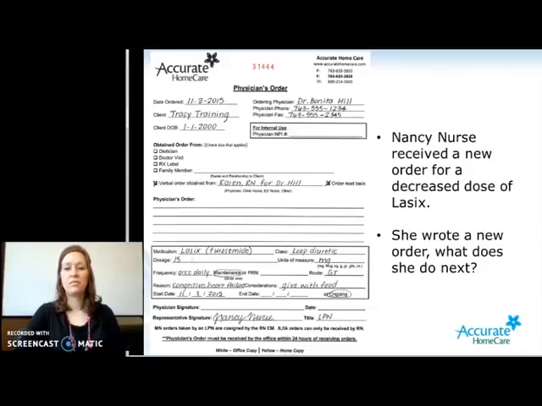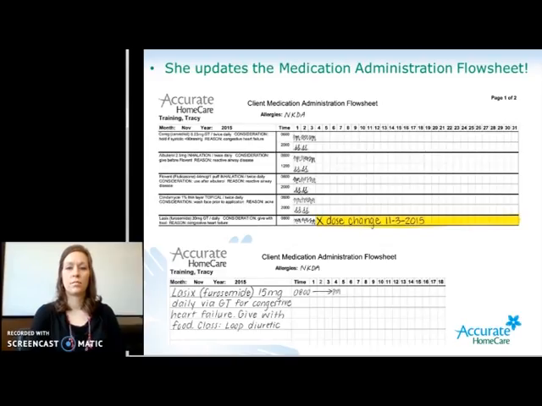So if Nancy Nurse received a new order for a decreased dose of Lasix, and she wrote the order, as we reviewed before, what should she do next? She should update the medication administration flow sheet. So if we have the old order here of Lasix, 20 milligrams by G-tube daily, give with food for congestive heart failure, I would cross out and indicate that a dose change was received and write the date of the receipt of that change, and then I would highlight the remainder of the month